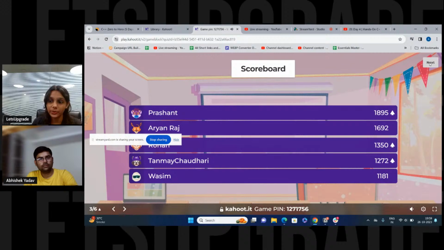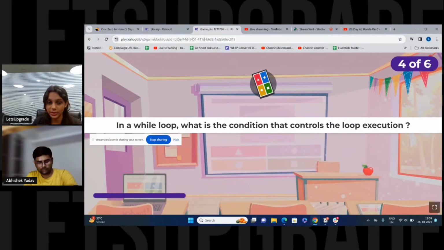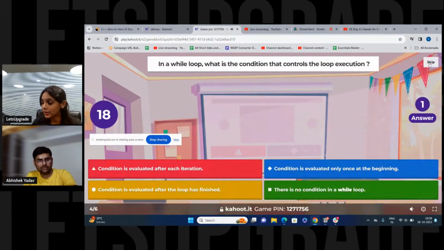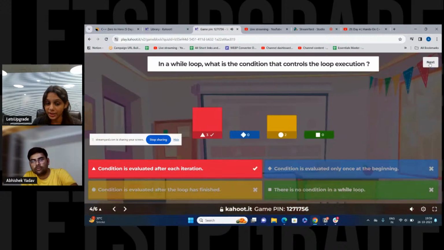So we'll move to the fourth question. In a while loop, what is the condition that controls the loop execution? Yeah, Anita, the answer is C option. In a while loop, what is the condition that controls the loop execution? The options are: condition is evaluated after each iteration. Condition is